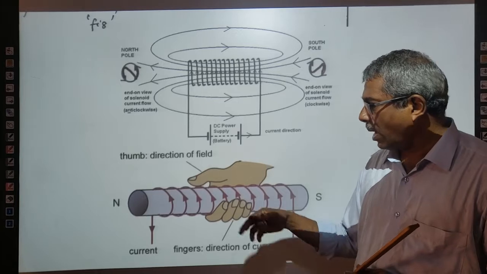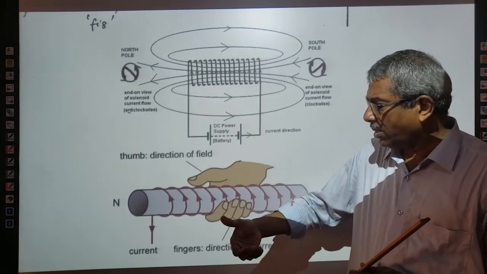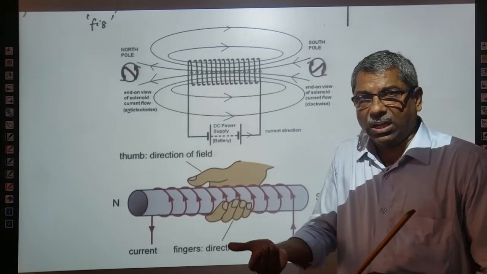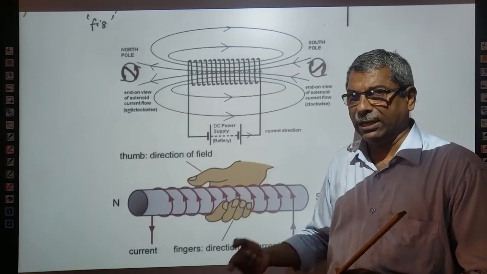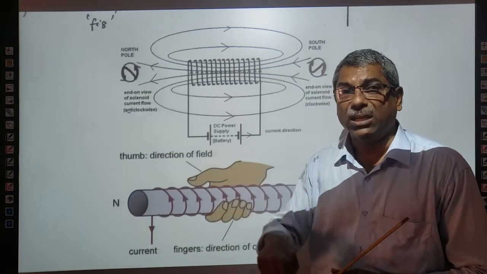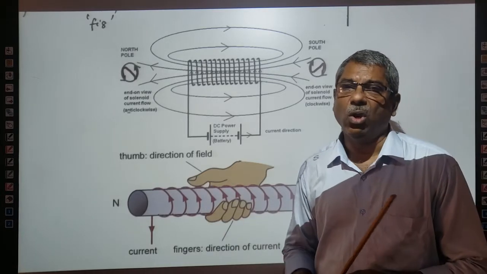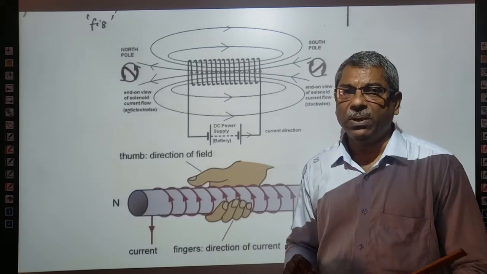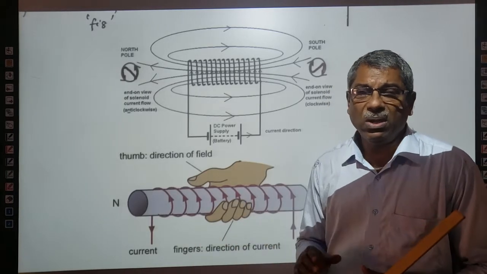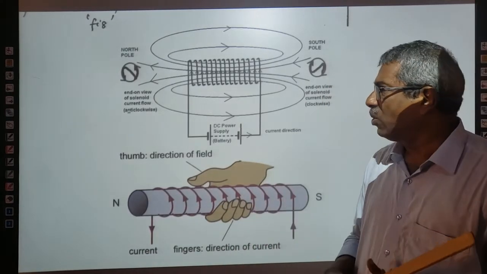For that, Ampere's right hand rule is used. The solenoid is held with the right hand in such a way that the curl of the fingers is in the direction of the current in the turns. Then the thumb will point towards that end which is the north pole of the solenoid. What is this law called? Ampere's right hand rule for the pole of a solenoid. So the north pole can be obtained in this case and the other will naturally be the south pole.